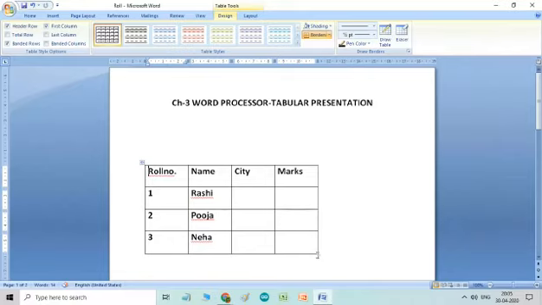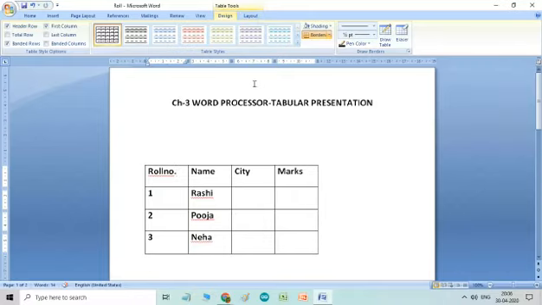Now formatting a table. How can you format a table? A table inserted in MS Word can be formatted in many ways. Formatting means changing the appearance of the table to enhance its look. The formatting is done by using two tabs. As soon as I click the mouse inside the cell, two tabs appear automatically, design and layout.